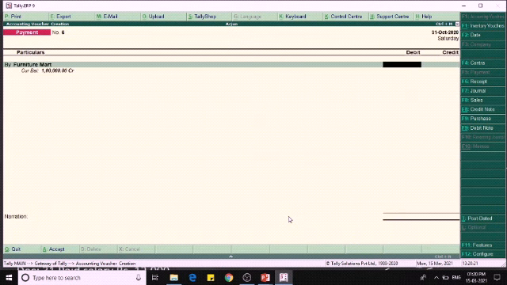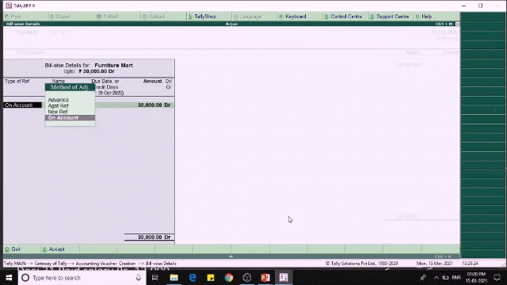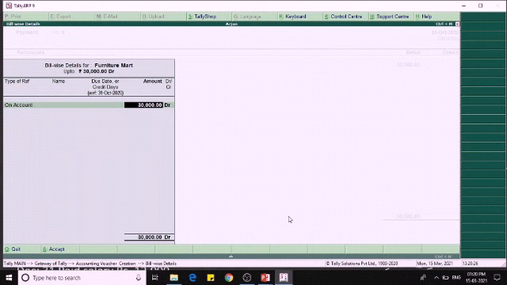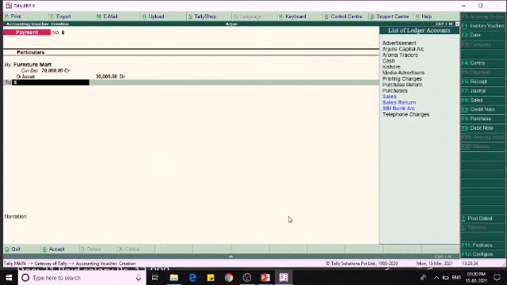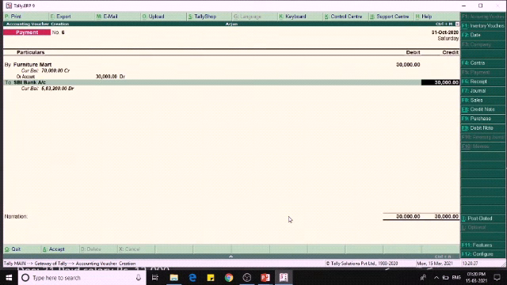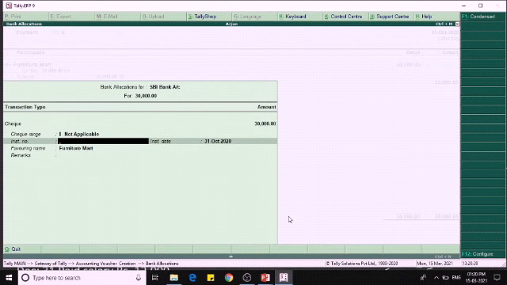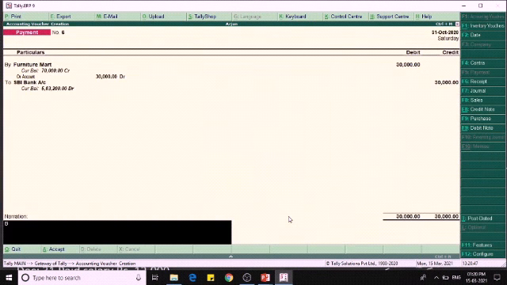So we have to debit Furniture Mart account for the value of 30,000. And we have to credit SBI Bank account. And the check number is 1000112. Being check issued to Furniture Mart.